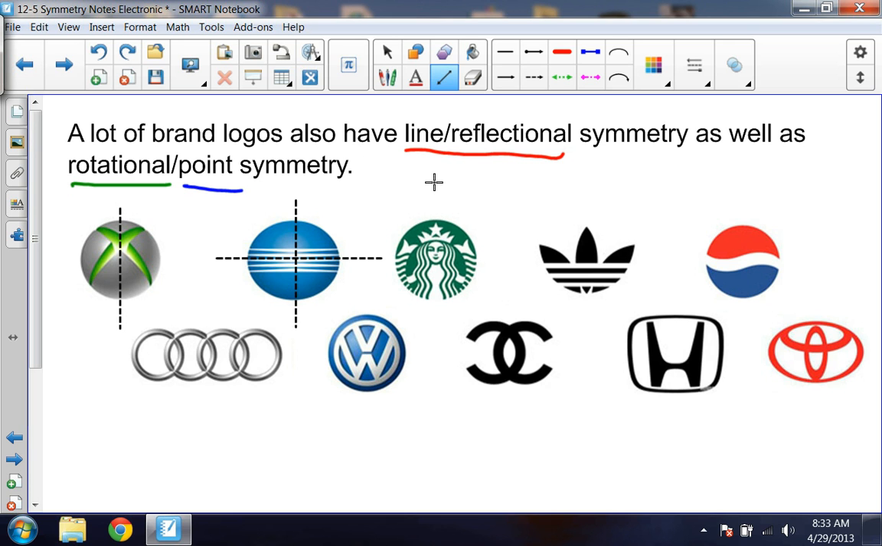You can practice with some other ones here. The Starbucks, again, straight down the middle. It's rough sometimes to give the examples that are only right down the middle because